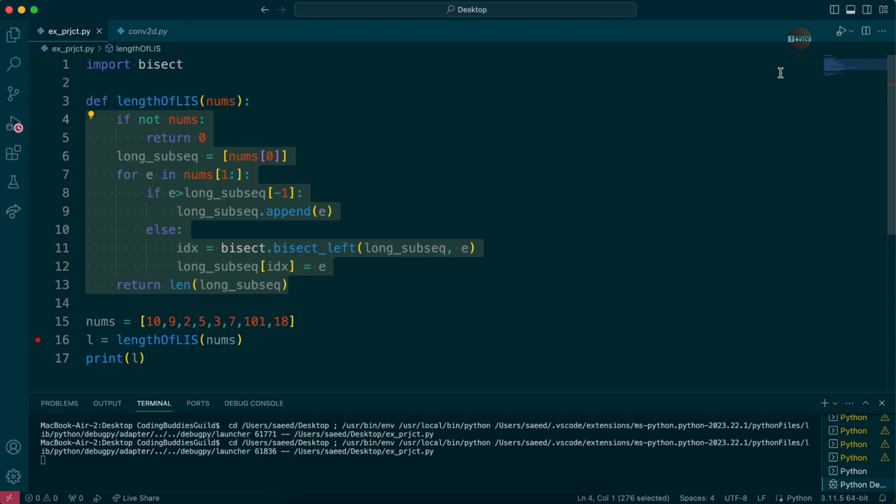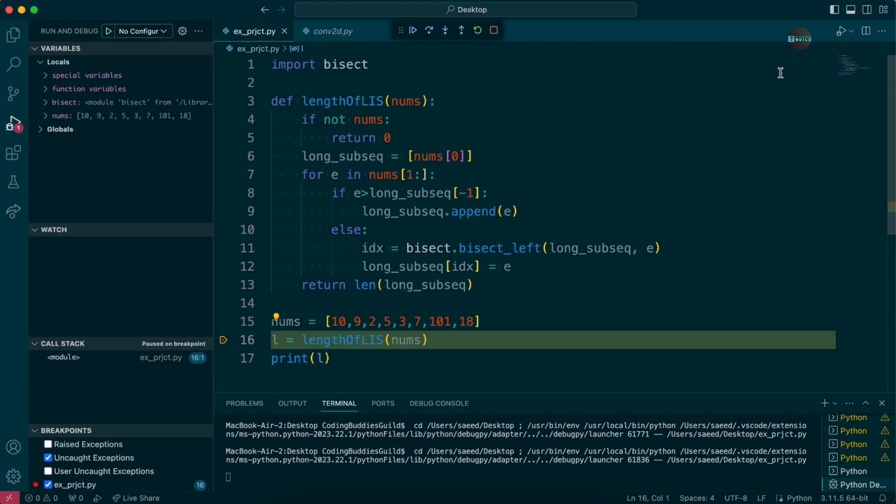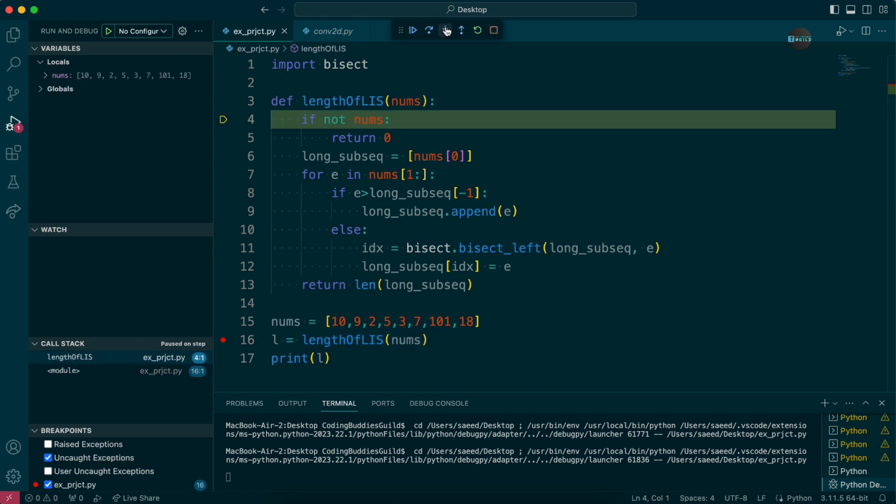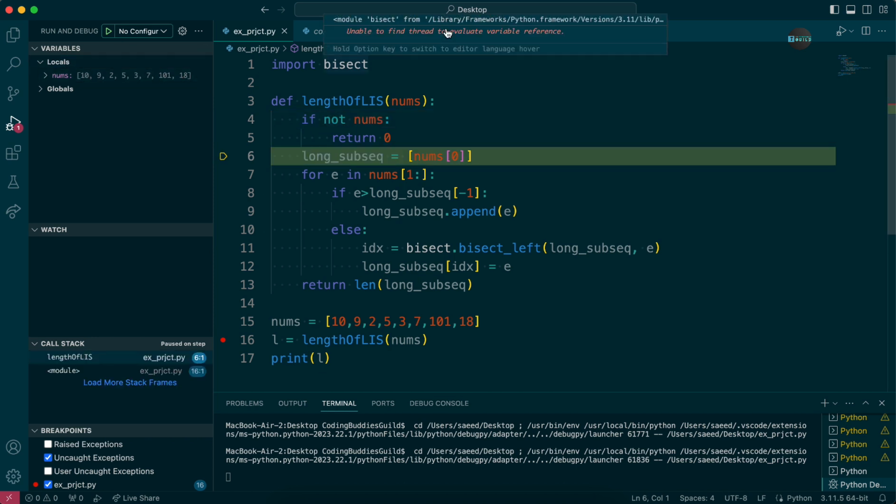So if we go to debug mode, and so let's go in here, and we're in the function. So nums is what you can see here, the input array. And we keep going, it's not empty, so we skip that condition. Longest subsequence